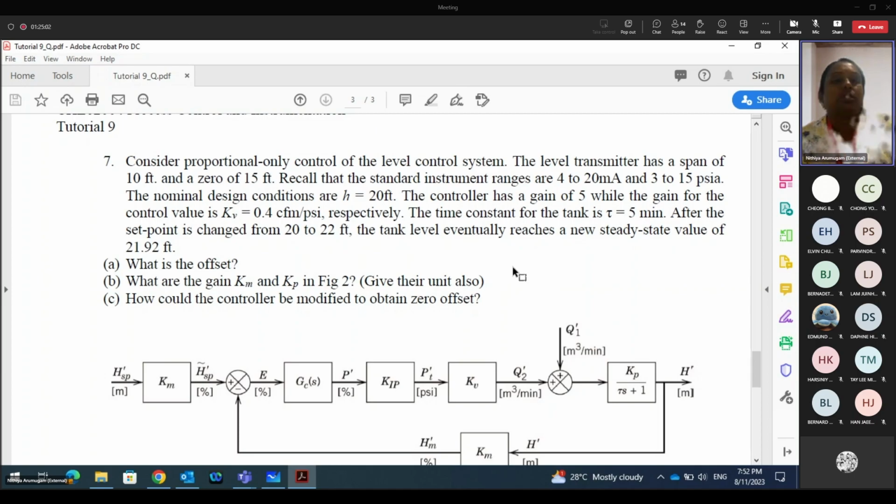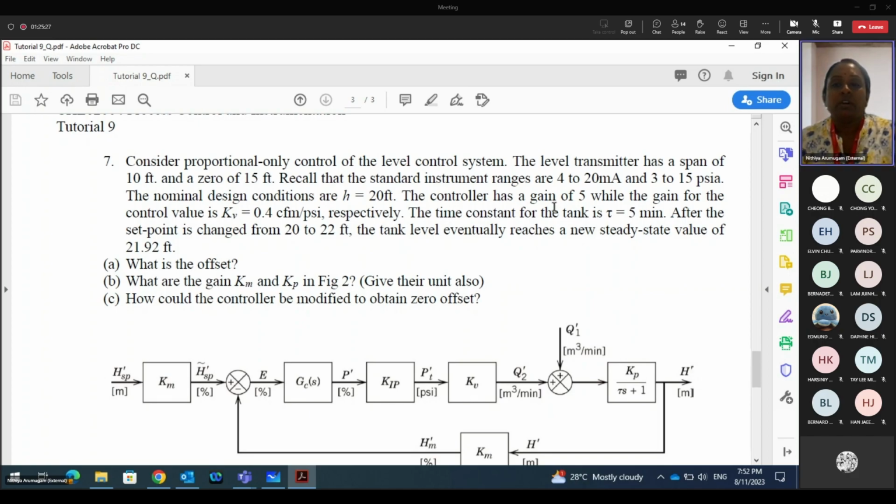All right. So, consider proportional only control of the level control system. Again, level control system. The level transmitter has a span of 10 feet and a 0 of 15 feet. Okay. Recall that the standard instrument ranges are 4 to 20 milliampere